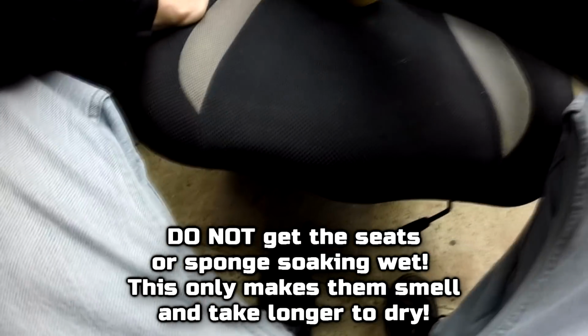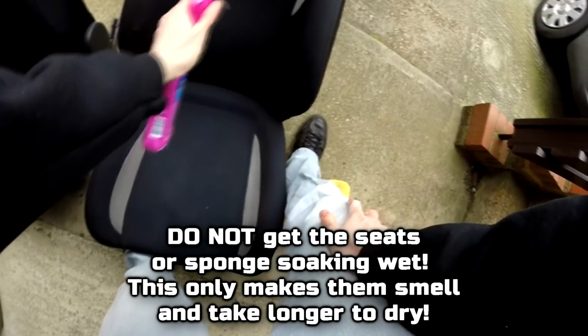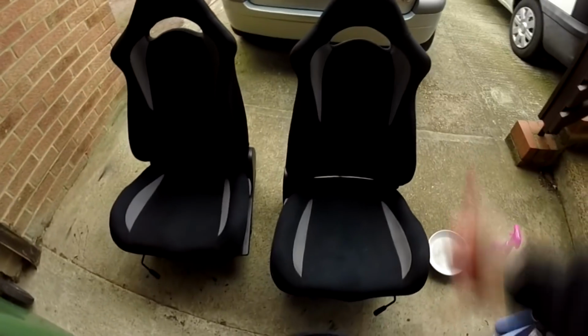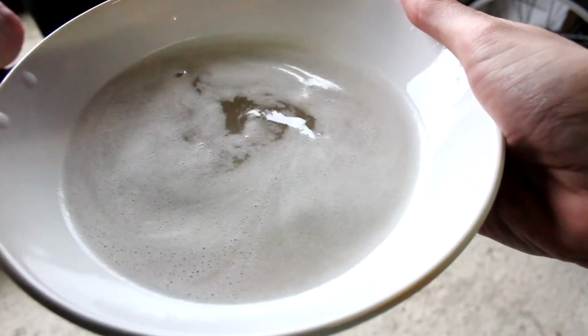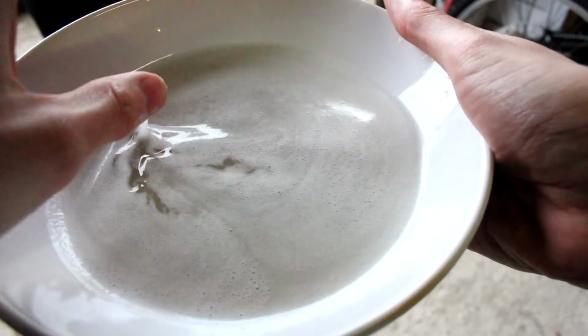Depending on how dirty your seats are and how deep set the dirt is, you might have to do this 2 or 3 times, but eventually the seats are clean. If you're in any doubt about how dirty your seats might be, this is the soapy water from cleaning just 1 seat. Delicious. After around an hour to dry and with the light fading, it's then time to get the